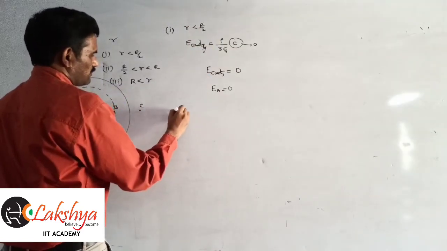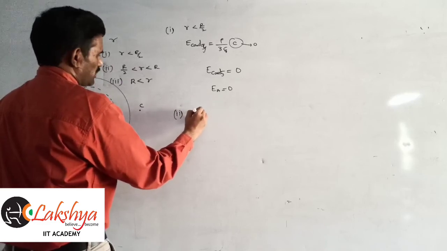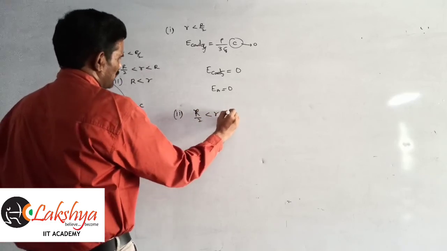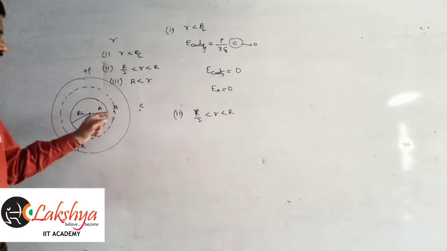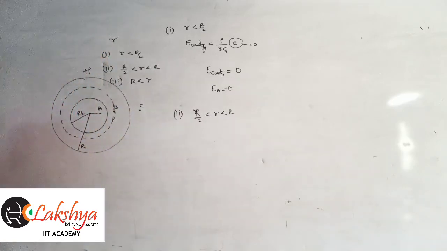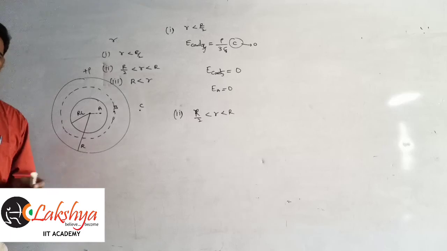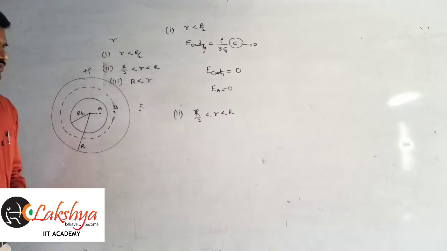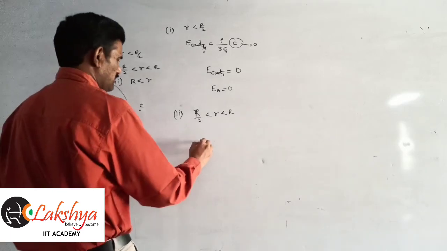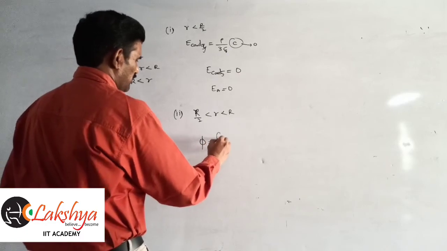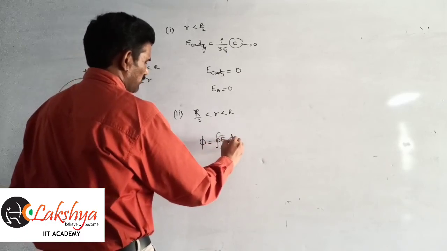Like a second condition, that means r by 2 less than r less than capital R. It lies at the point B I am taking here. And so now we need to apply our Gauss law. We need to follow our procedure. Gauss law we need to apply here. So that means integral of E bar dot dA bar, or ds bar, is equal to 1 by epsilon naught